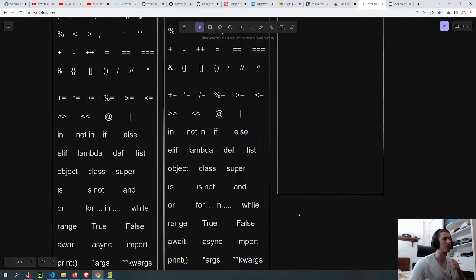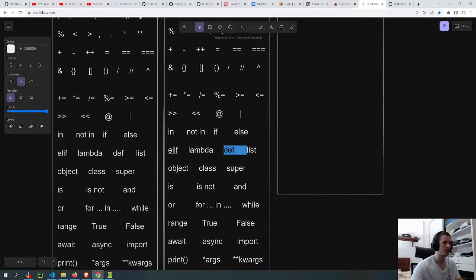And JavaScript I also think has lambda. I don't think it has nothing. Yeah, I don't think it has.